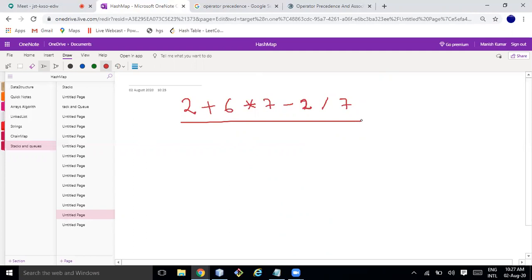Okay, so let's first think about the pseudocode. I have kept a very simple example. To solve this problem we have the stack, and we are going to use what we understood in the previous class. So the first thing: if you see any operand, just print it.